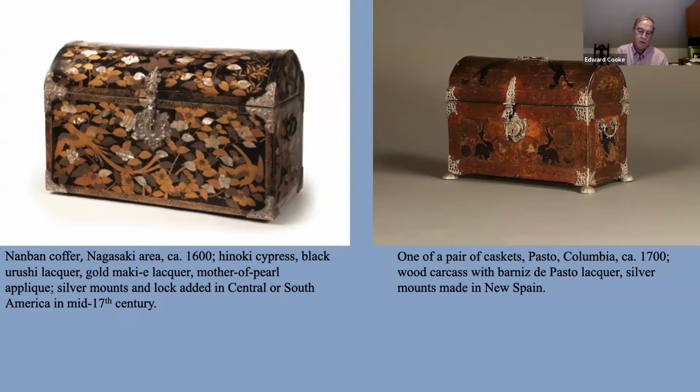And the ways in which most people have thought about it is classic cinnabar red lacquer, black lacquer in China. And certainly some of the work that's coming out of the Nagasaki and Kyoto area of Japan in the 16th and 17th century for export, in this case, oftentimes referred to as nanban lacquerware. You see an example on the left. And oftentimes people will just think about lacquer and think, okay, it's associated with East Asia. And this is a good example of it.